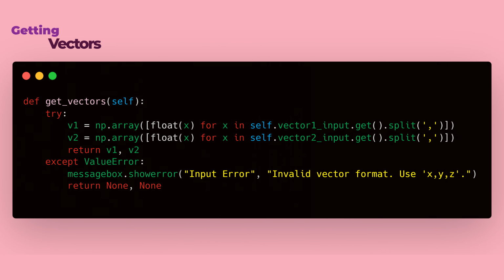In this method, we use list comprehension to convert the string input from the user into NumPy arrays. We split the input string by commas and convert each component into a float. If the input format is incorrect, a message box displays an error, guiding the user to enter the vector values in the correct format. This is a key function because accurate vector input is essential